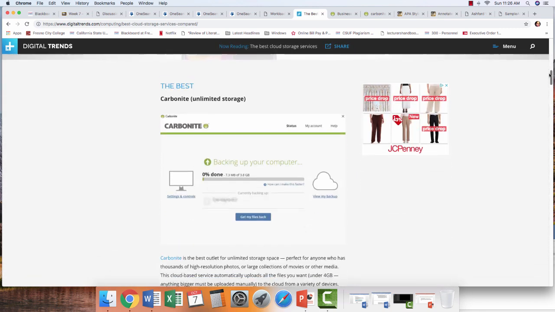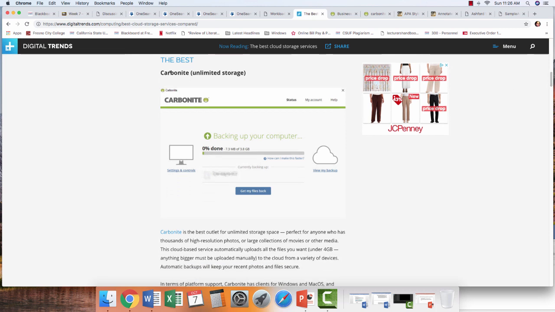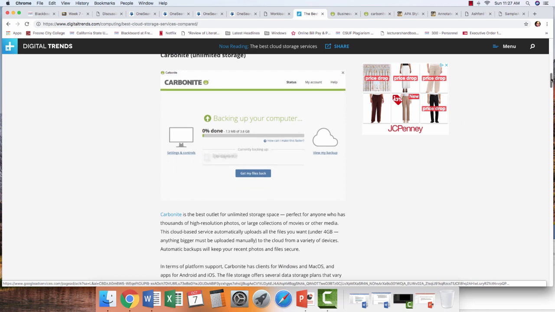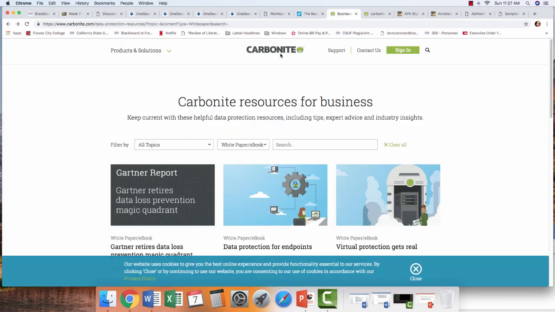And it talks about a bunch of different ones that we're familiar with, like Google and so forth, but it says that the best here, the first thing that's offered is Carbonite Unlimited Storage. And so I pick that one, and I get a little bit of information about it here, and then I go into Google, and I find the Carbonite page, and I see that indeed Carbonite is very good about offering